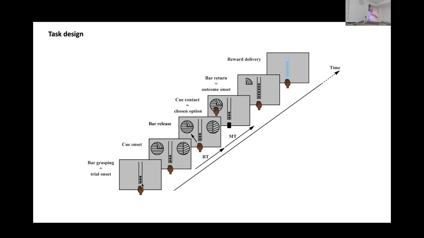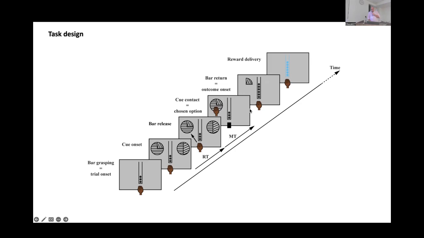and in the screen you have a gauge. Once the gauge appears, you have two cues that are presented to the monkey that have different value. We don't go into detail of the value, but it's a probabilistic task. So it tells the animal both how much reward it can get or lose from the original gauge, and what are the probabilities of this gain and this loss. So it chooses one of the two targets that is supposed to have a better expected value than the other one.